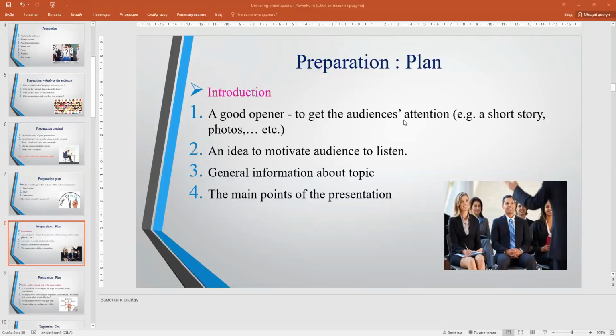To get the audience attention, you should use a good opener. For example, you can show photos that are interesting and also attractive, or you can just use a short story. When I was in this place and I encountered that and why you should do that,